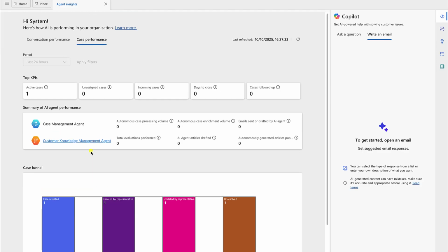So this will be really useful to look at how those AI agents across your customer service implementation are performing. And then you can start to think about, okay, are we evaluating it correctly? Can we bring out some more features for each of those agents if you're only doing a drip feed to just test it and see how they're performing?